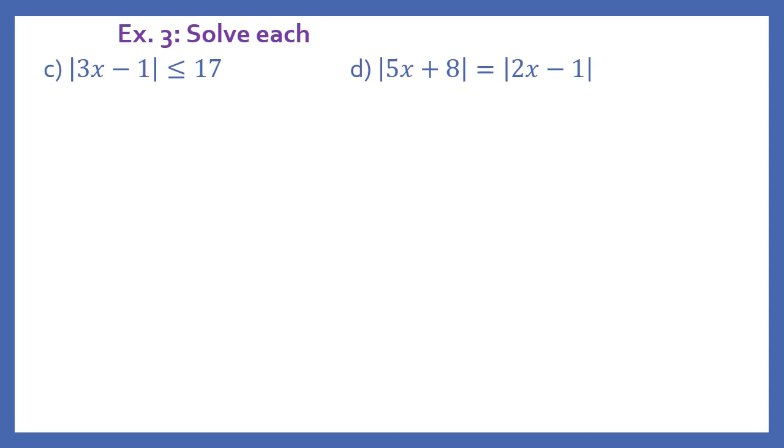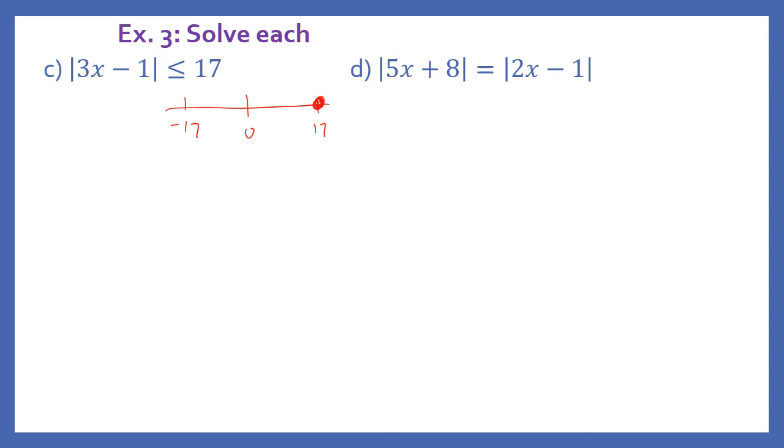Getting a little bit trickier here as we go. So now we want less than or equal to 17 units away. So this one's a little bit harder to think about on a number line, but we can still do it. So let's do this. There's 0, there's 17, there's negative 17. And if we want to be less than 17 units away and equal to,